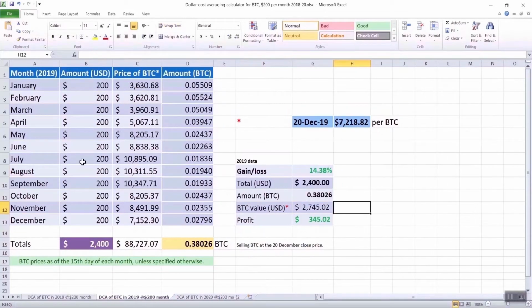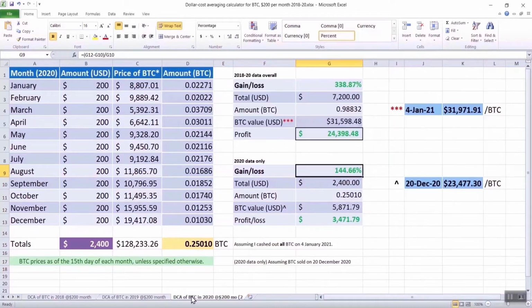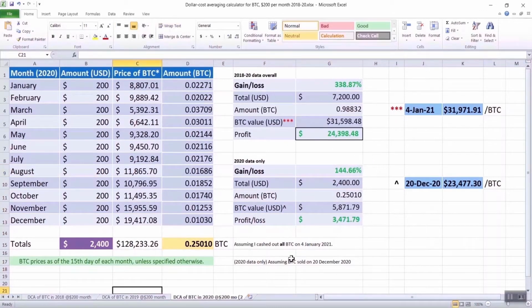But we fast forward to 2019, you adopt the same strategy, a different result, although modest gains as opposed to 2017, and as you'll see shortly with 2020, was a very strong finish to the year. So based on these 2019 figures, the $2,400 invested would have led to a $345 profit. Now, if I go to 2020, some decent profits if you decided to cash out in late December. Based on this, the $2,400 invested would have produced $5,871, a profit of about $3,471. So you've more than doubled that investment purely for 2020.